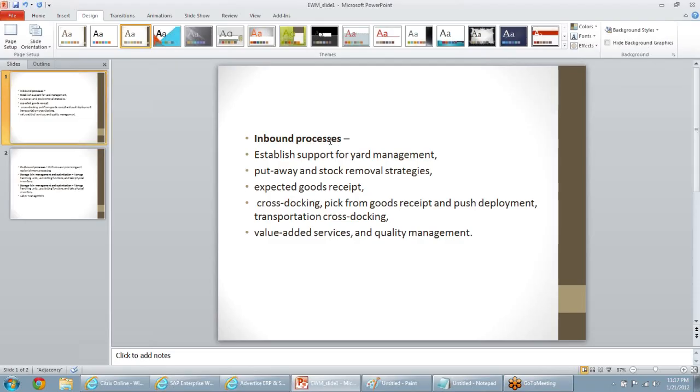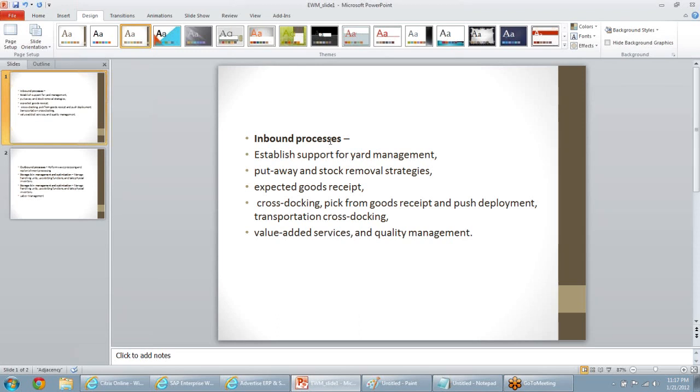Take labor management, for example, which involves heavy planning. If I have 10 laborers, which laborer should I use where? I should be able to do all that planning, which WM cannot do. Apart from that, there is process-oriented storage control. Let's say I'm running a food market: when the fish comes in, I want to send it to a processing center, then do the packing, then the putaway, or do picking based on the shelf life expiry date. I want to do all these extended features.